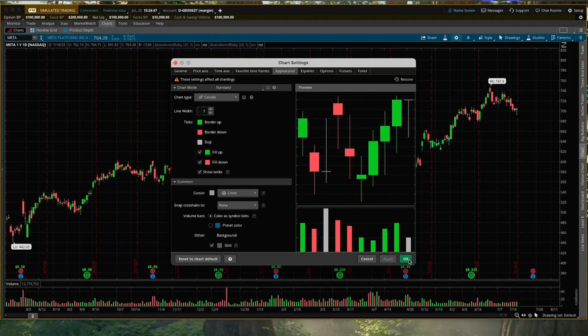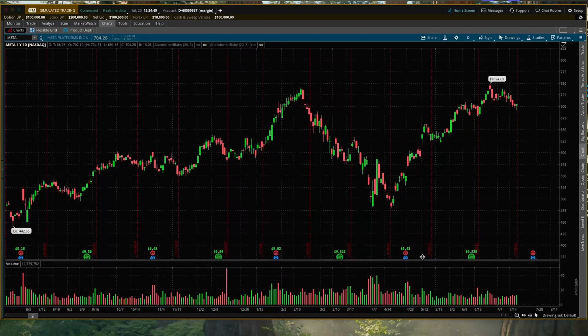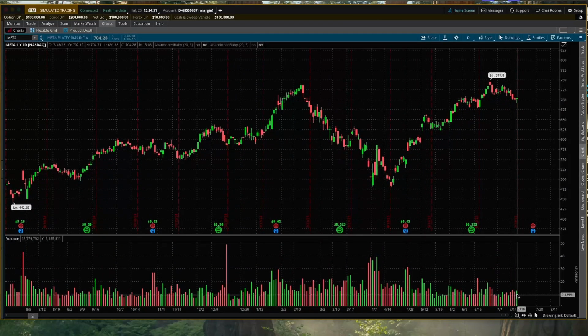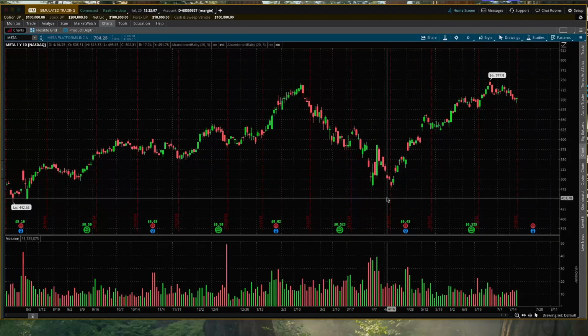Apply. Okay. I'm going to enlarge this. It was a bullish day, so we ended up green. It was a bearish day, we ended up red. So the bulls took control on 718 and the bears were in control on 717. The other option is, say for example,